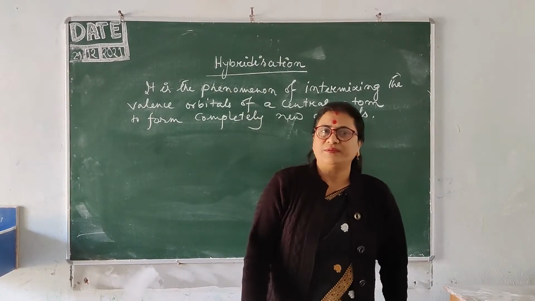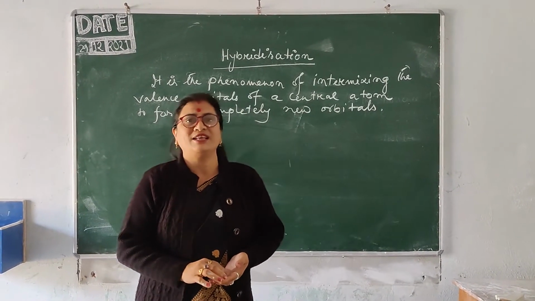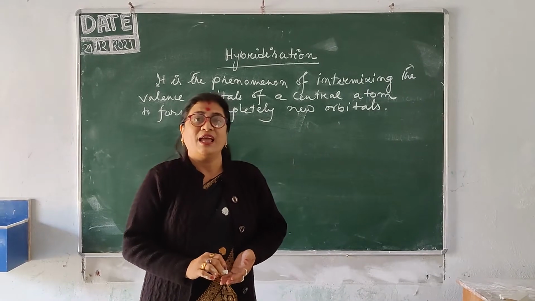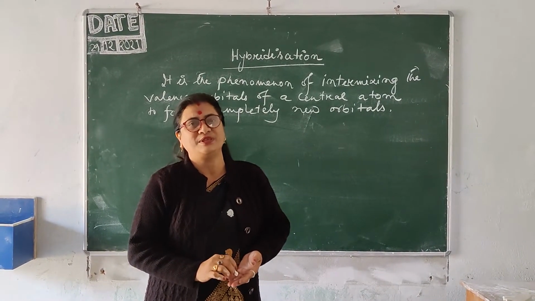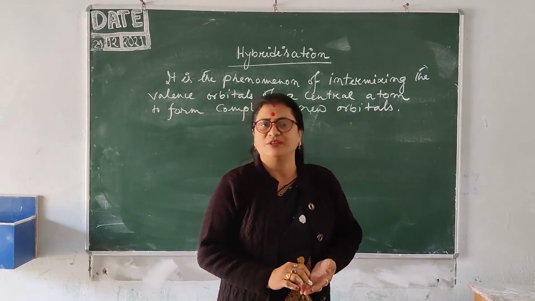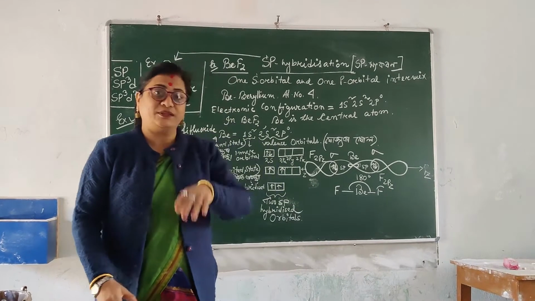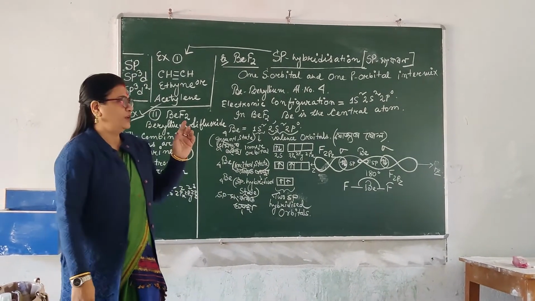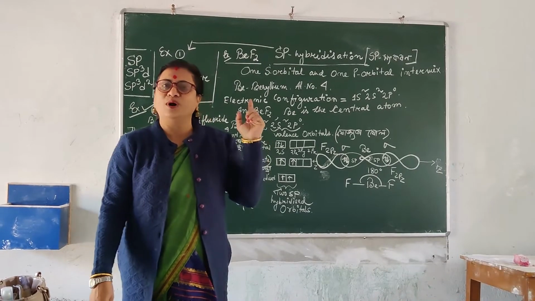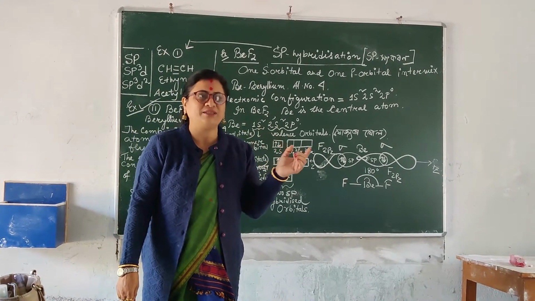There are different types of hybridization, which are sp hybridization, dsp2 hybridization, sp3 hybridization, sp3d hybridization and sp3d2 hybridization. Today I want to discuss sp hybridization. In sp hybridization, one s orbital and one p orbital of the central atom in a molecule intermix to form